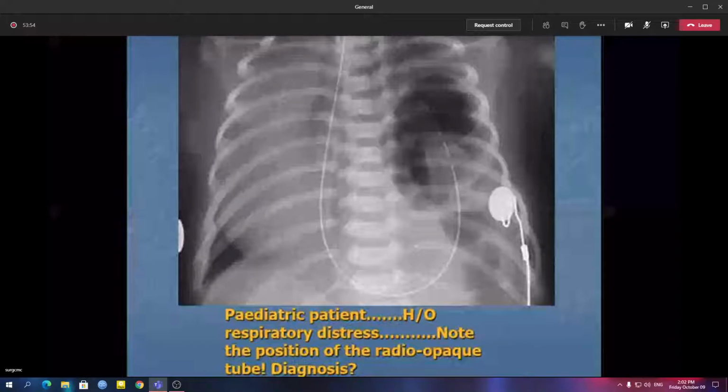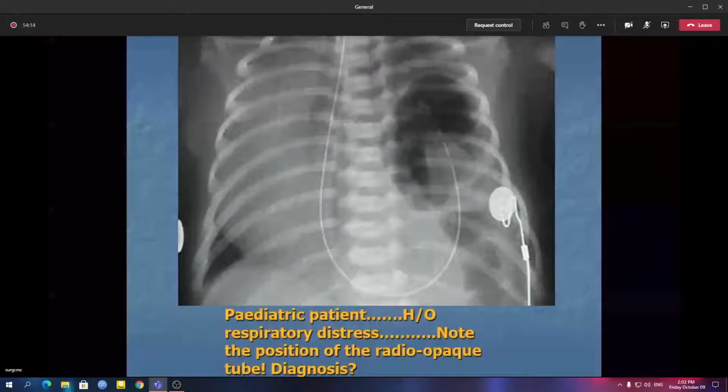That is good, but better than what I could have said at their age. It's a congenital diaphragmatic hernia. You can see the fundic shadow. This is the stomach fundus within the thoracic cavity. Stomach has gone up, so the Rice tube inserted has gone within the thorax. Okay, it's a case of congenital diaphragmatic hernia.